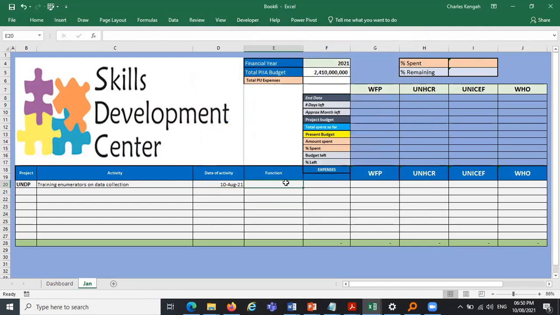Maybe the function of that person, maybe the person is a finance officer, no, finance people hardly get trained. Let me say an M&E officer, because it's on data collection, M&E officer, like that. Now, how do we track these expenses here? That's now where the magic starts. If I put, let's say, 5 million,